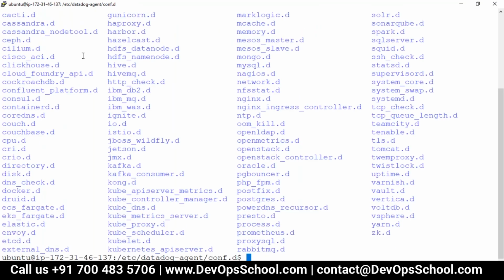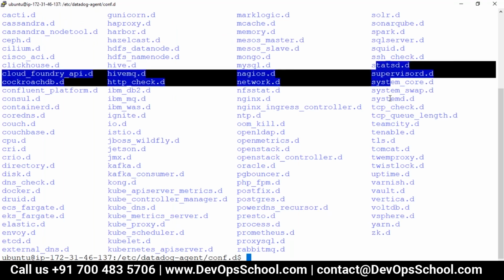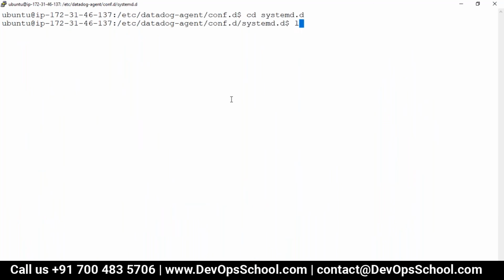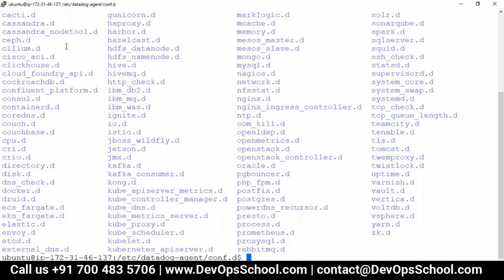Some things are enabled by default, like systemd. I'm expecting this to be enabled, but this is also disabled right now. So if you want to enable anything, you have to configure that YAML file, rename it to YAML, and remove the .example. So this is the directory where you're going to configure.